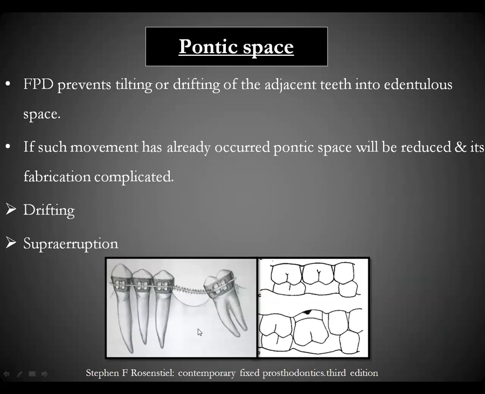What happens basically when you have an edentulous area is that your teeth try to drift away, mesially or distally. We lose the Pontic space in such a way that we have a compromised area for the replacement by the fixed partial denture. So we can have drifting of the tooth and supernumerary teeth. Supraeruption of the tooth can be seen in the A and B diagram.